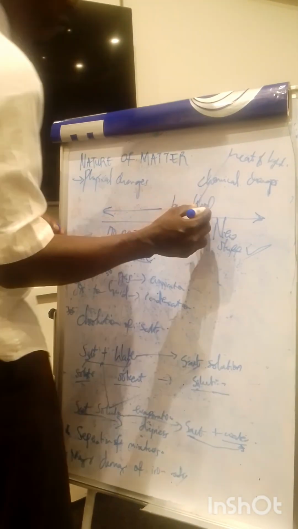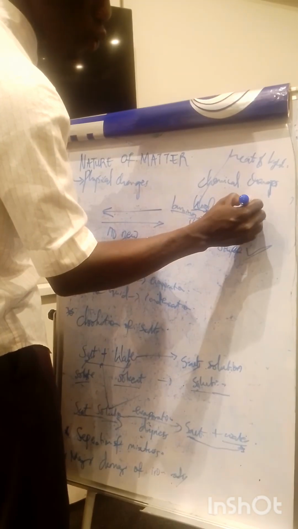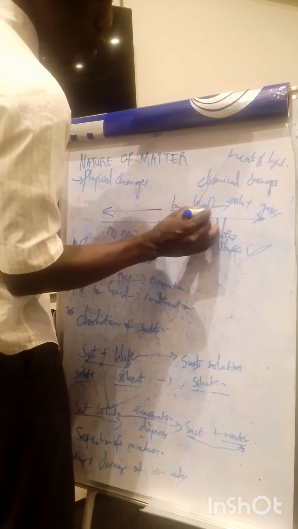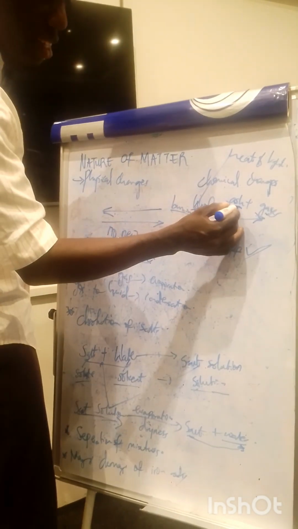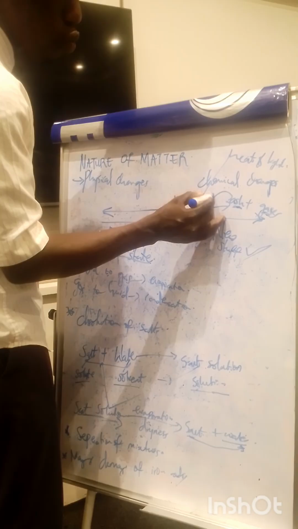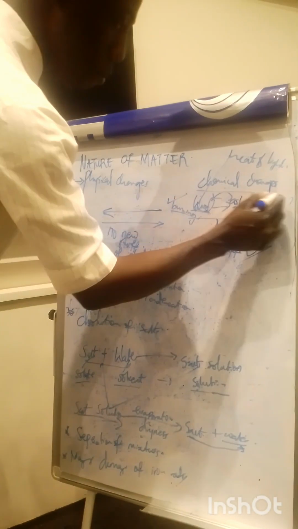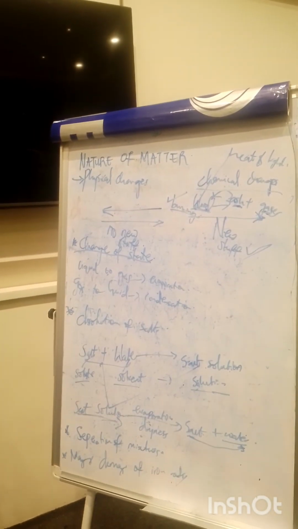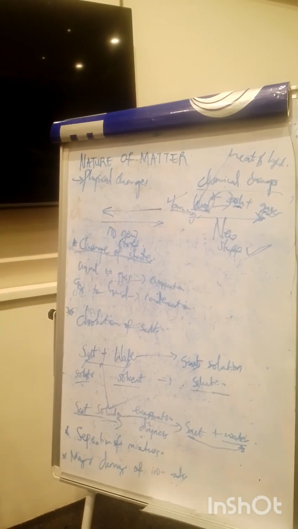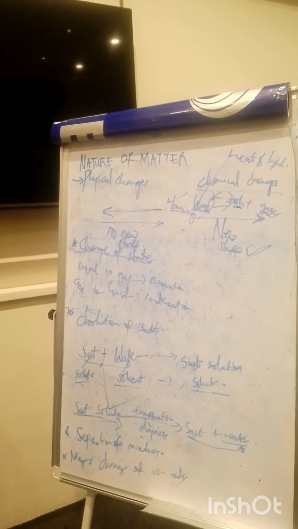So during the process of burning, the wood will be disappearing little by little. Then at the end of everything, what we will see is little ash plus gases. So this is what wood will turn into, ash and gases. Can you reverse those ashes and gases back to wood? No, you cannot. So burning is a perfect example of a chemical change. I think with this explanation, you can't even forget it again. Are you with me? Burning is an example of a chemical change.